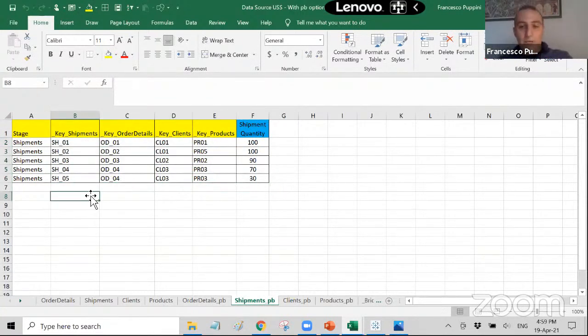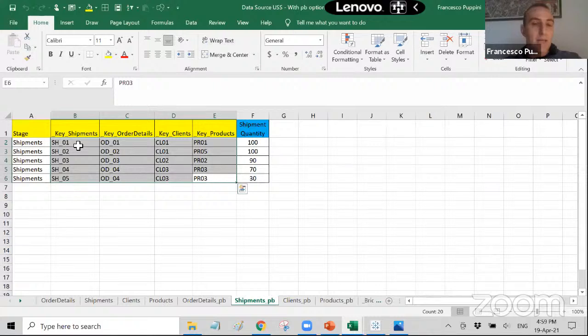So when you are making your solution, you can pick the portions of Puppini bridge that are interesting to you and disregard the others. This way, your solution has a challenge of performance that is very similar to the challenge of performance that you have today with your traditional star schemas.